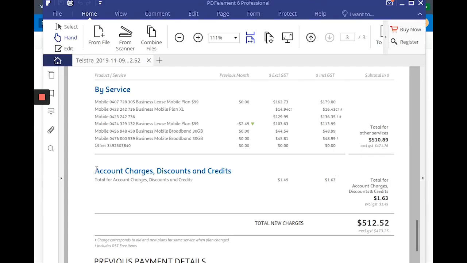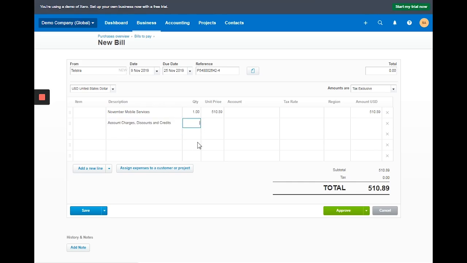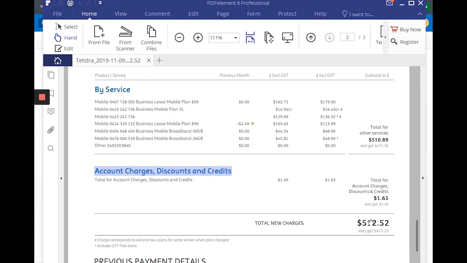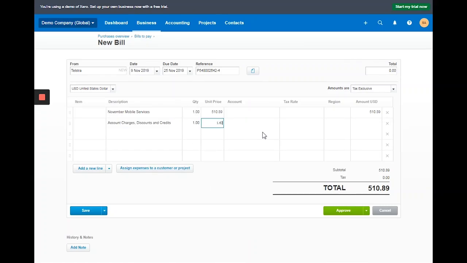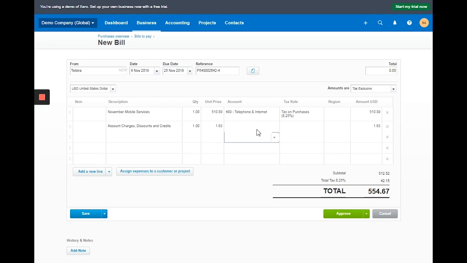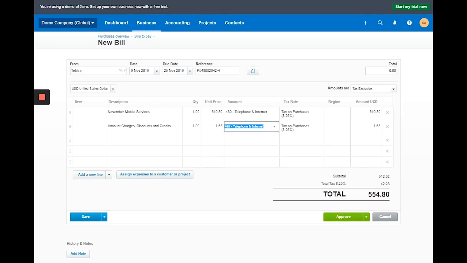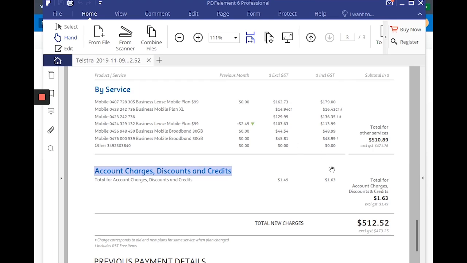And then account charges, discounts and credits, $1.63. Account code telephone and internet. And then let's check the GST.